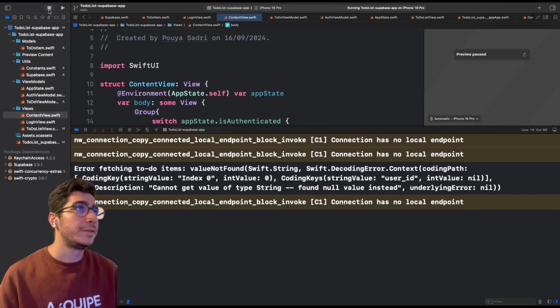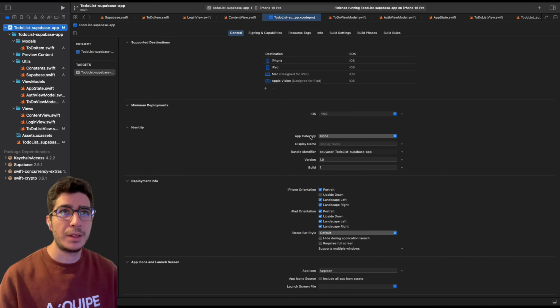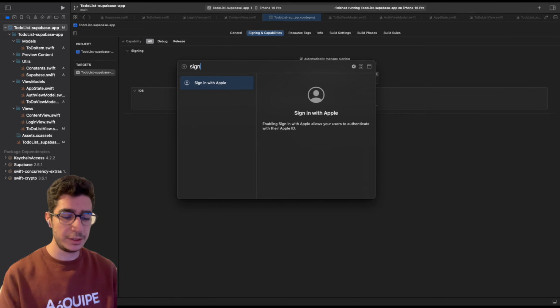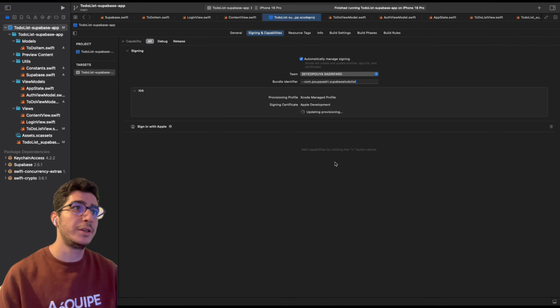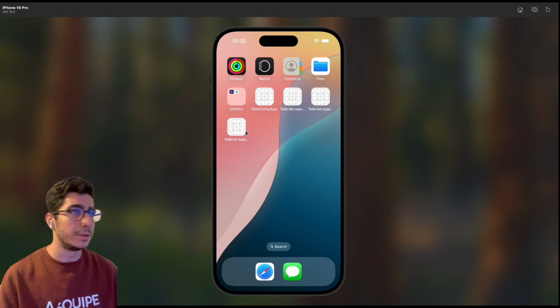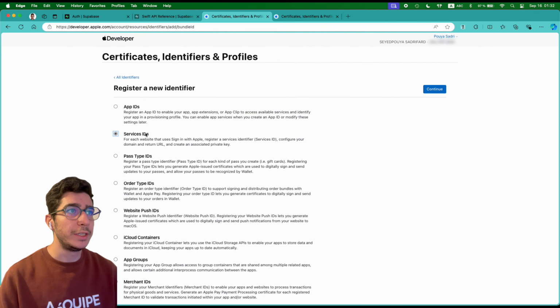Here in our project, in signing and capabilities, I paste this one, and I add a capability for sign in with Apple here. And we are good to go, I think. Updating, yep, good. After that, I want to create a new service ID,